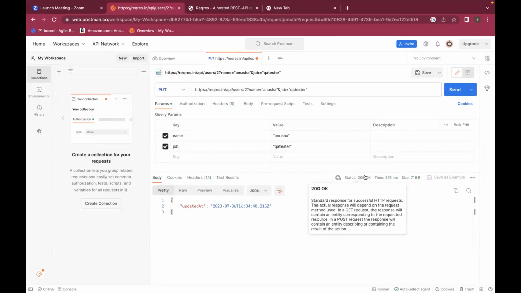When you use put, I hope you guys have got this response. That is your 200 status code. Okay. What is the use of status code? What did you understand by the meaning of status code? What is the purpose of looking at the status code?